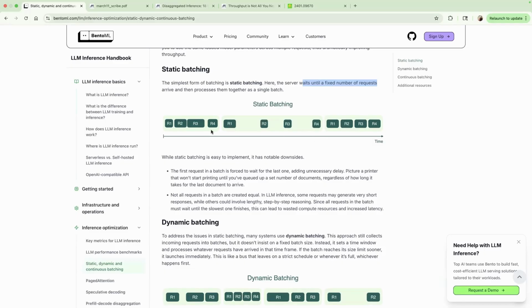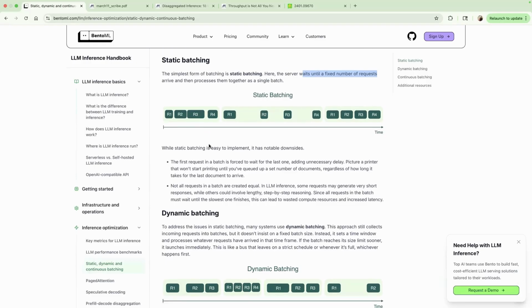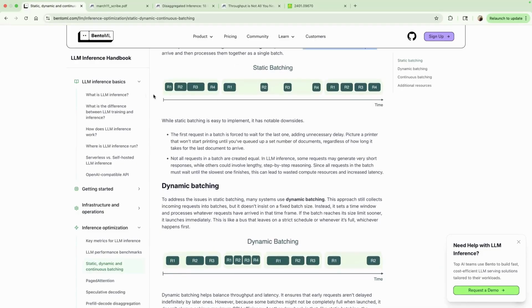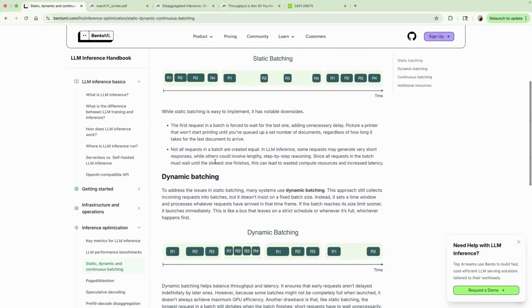But once it is scheduled, it is guaranteed to be finished, and only then will the next batch be scheduled. So your time to next token is going to be super fast. You're not waiting to be scheduled again for every token you're generating in the decode phase. So this is the kind of static batching thing. It doesn't really work well